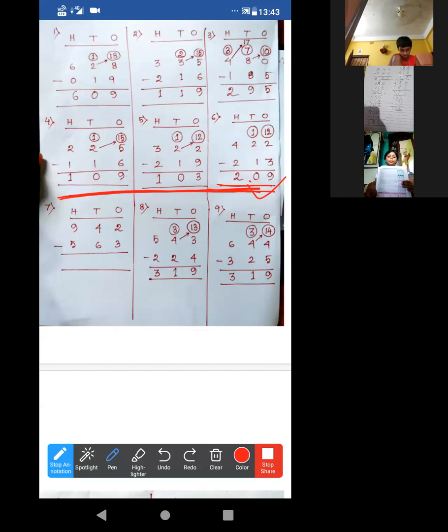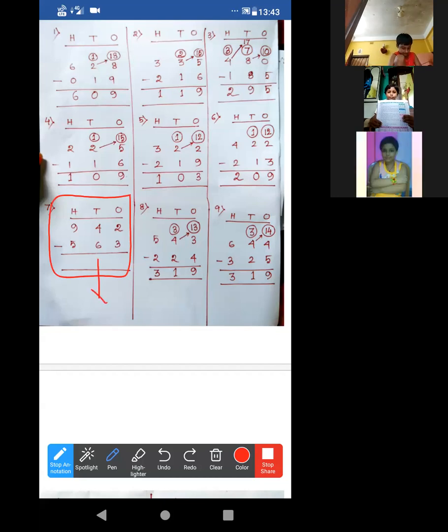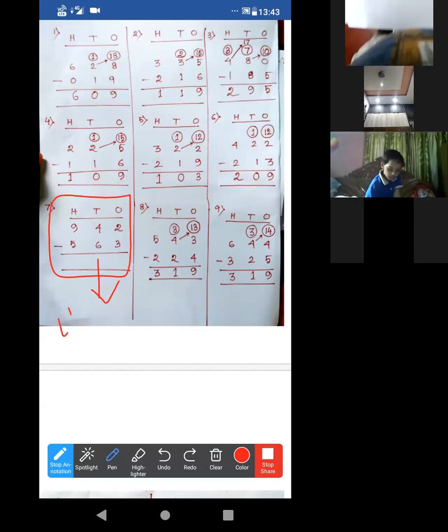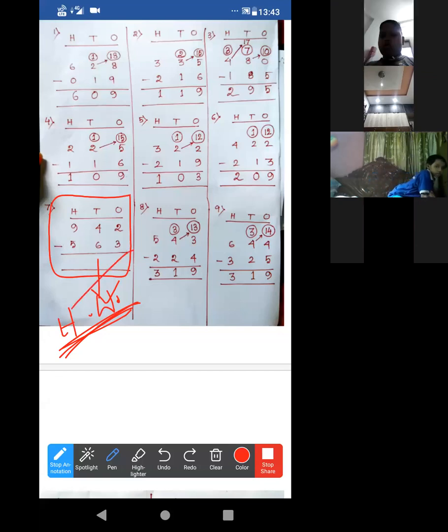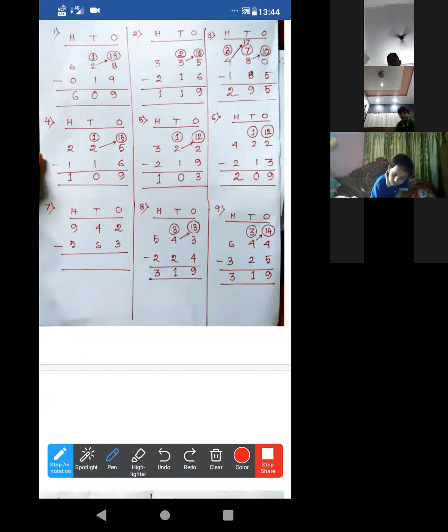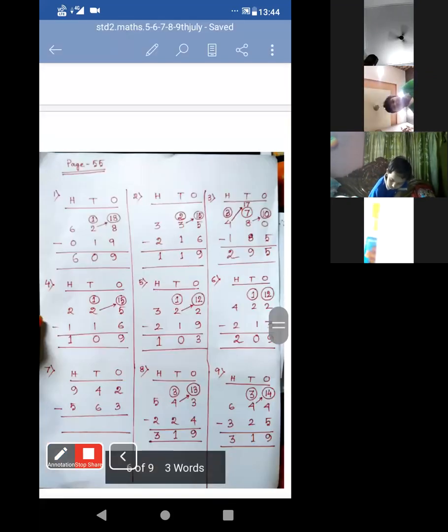Now let me explain number 7, 8 and 9. Already 7 I am not doing over there. You have to do it. It is your homework. Don't worry, it will be uploaded in the assignment section also. Why is it your homework? Because 7, look at the copy, the first subtraction, borrowing subtraction of 3-digit number, that question was only this one, which I explained. I made the explanation. Now look at this one. So I have not done this again.